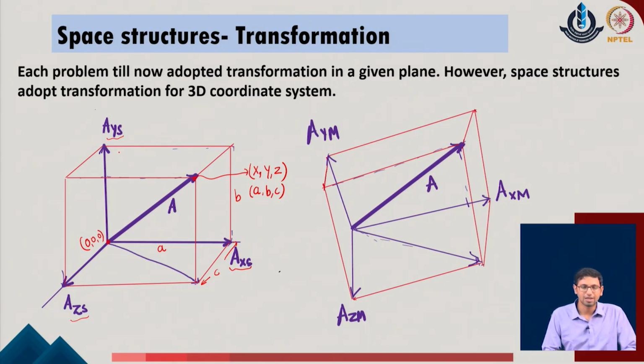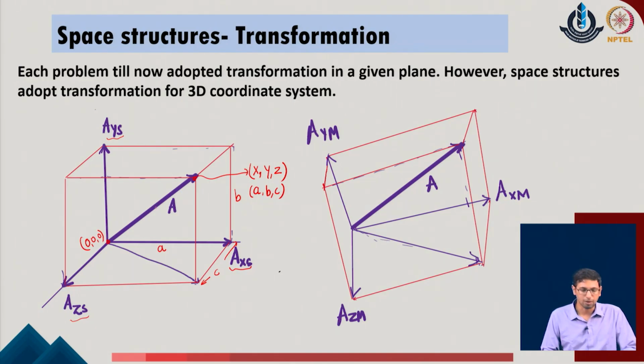As long as you were dealing with the plane system, we were only concerned about the two axes or the two coordinates of the given system. Now, we have to also look at the third coordinate of the given system. As a transformation in the given system, I may come up with a completely new one. So, this is the structural system the way we have defined.